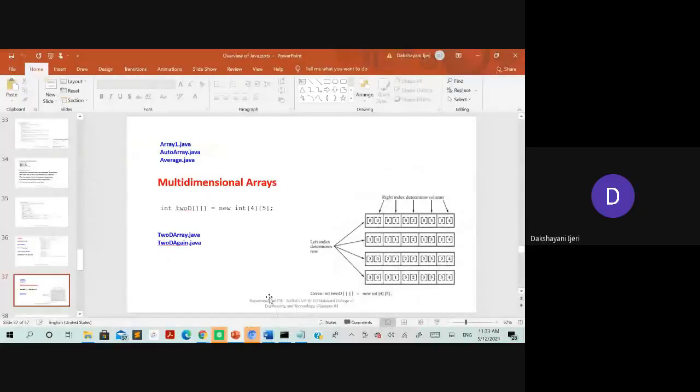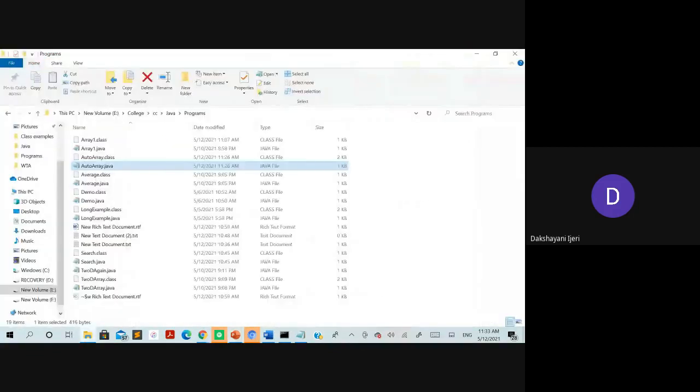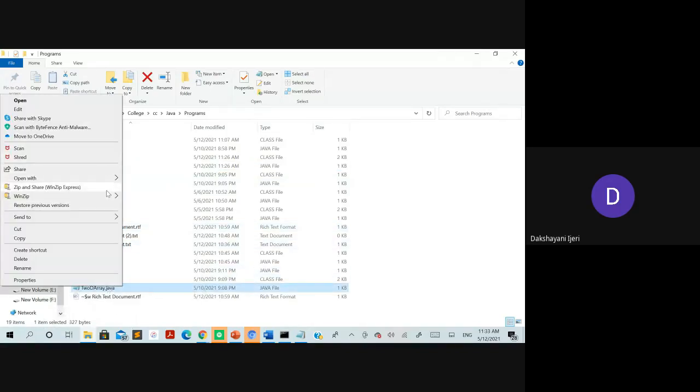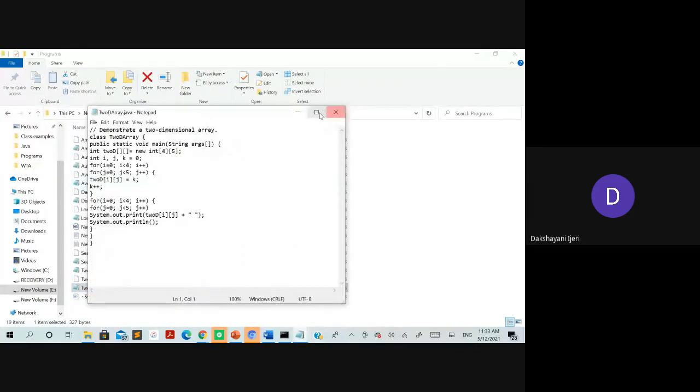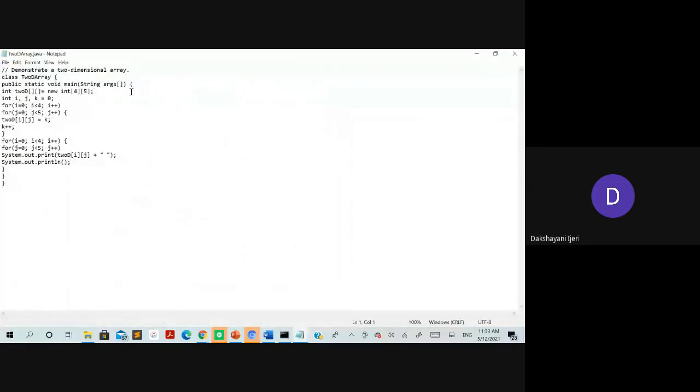Let's see the example here. So let's concentrate on what has been done here. The two-dimensional array has been created in the same way, in order to store the values into it.